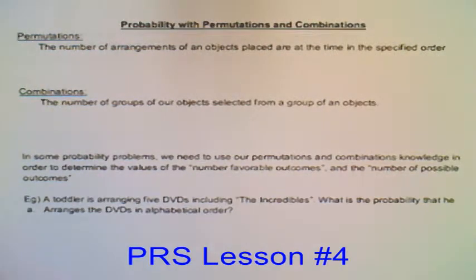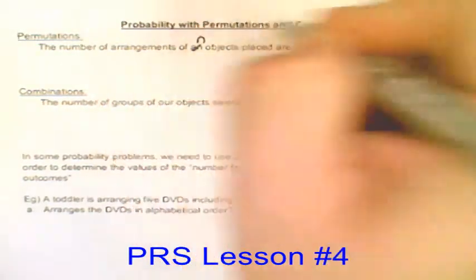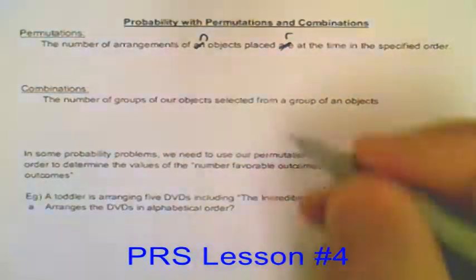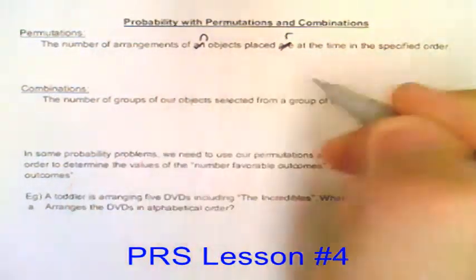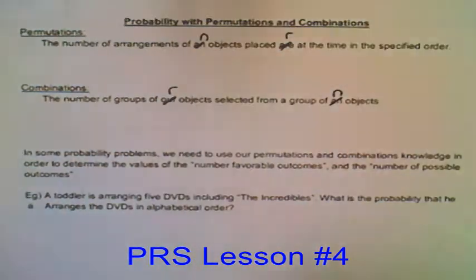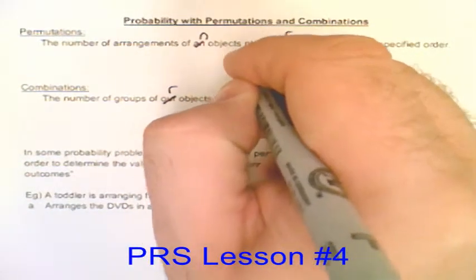Permutations: the number of arrangements of n objects placed r at a time, in the specified order. So you're arranging them, putting them in positions, keeping in mind in permutations order matters. In combinations, the number of groups of r objects selected from a group of n objects. So you're just making a group. The analogy that I used was stew in class. It doesn't matter what order they're chosen in, it's essentially all one and the same thing. So you've got nPr for that one,